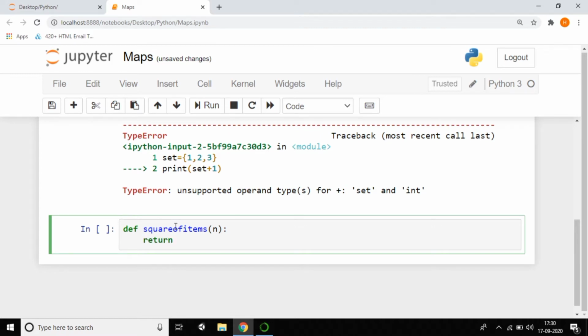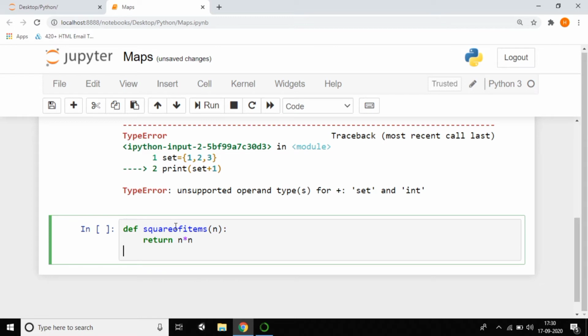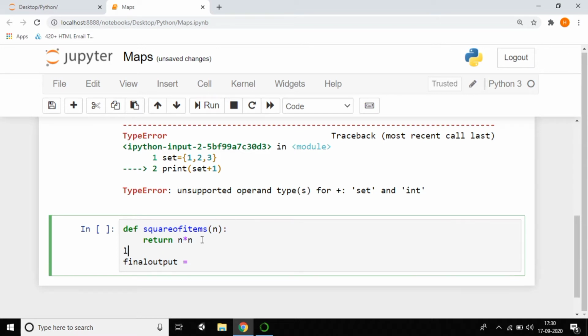Here I'm performing the function called square of numbers, where I want to give the final output. I want to print the final output. It is a variable I'm creating here. My task is to convert list to set, so that's why I'm creating one list of numbers.